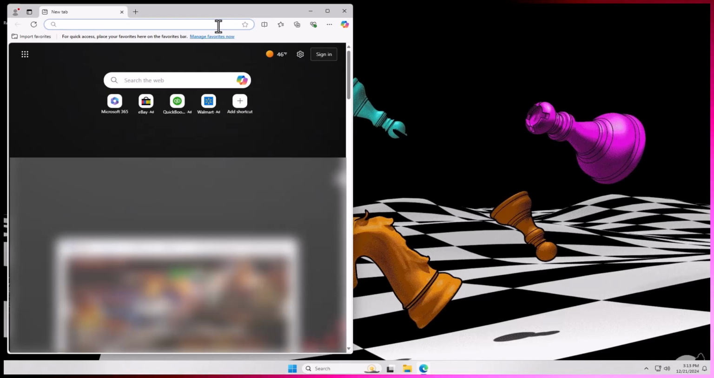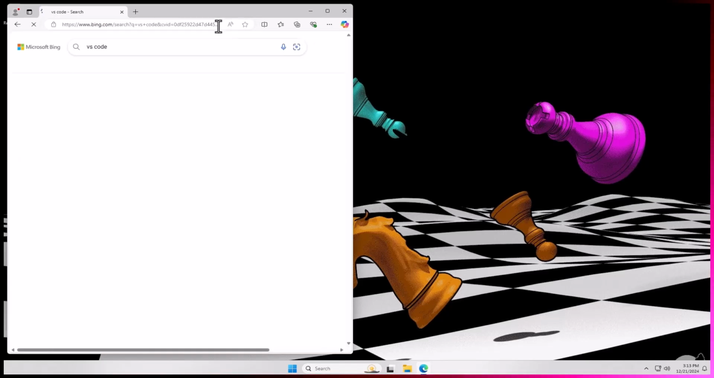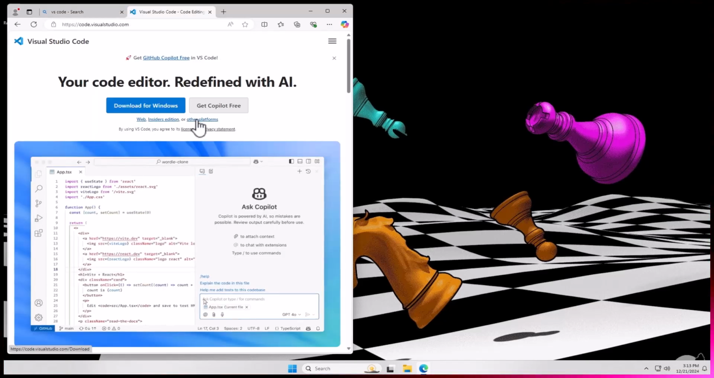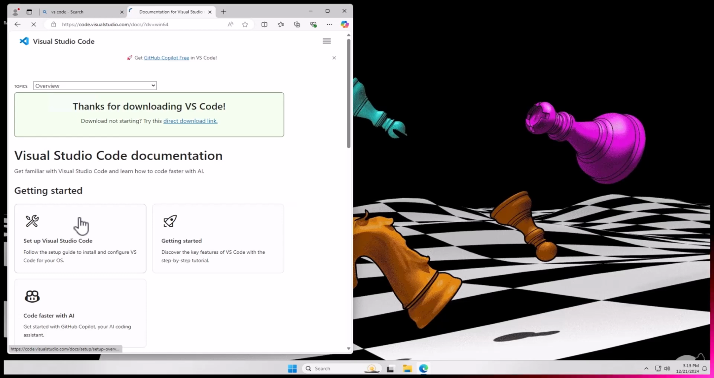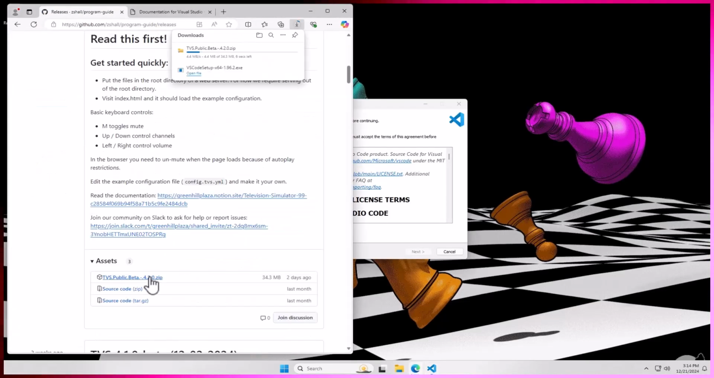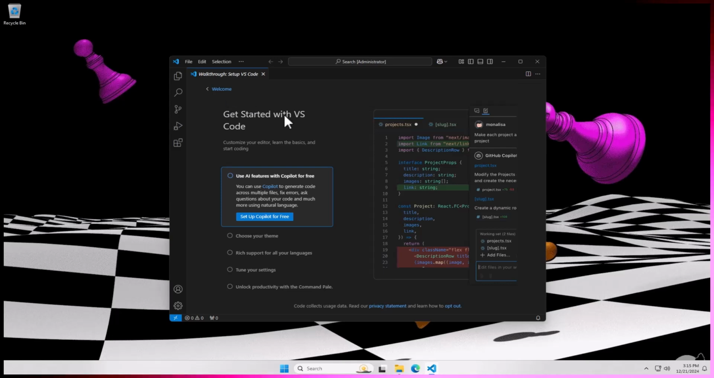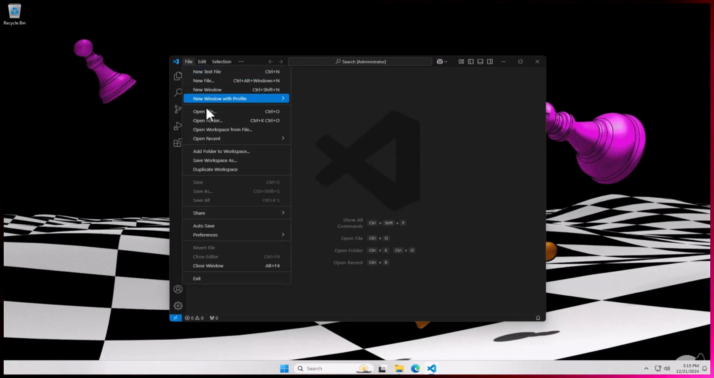So if you open up a web browser and go search for VS Code, you'll find it, Visual Studio Code. And I'm just going to go download it real quick. You download it for Windows, Mac, etc. Alright, so we've installed Visual Studio Code, and what we're going to do is we're going to go File, Open